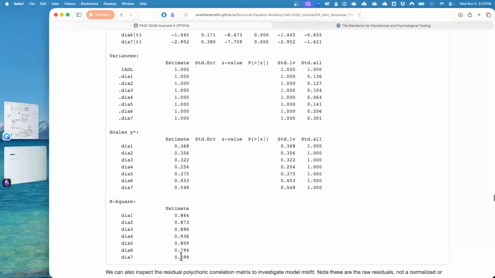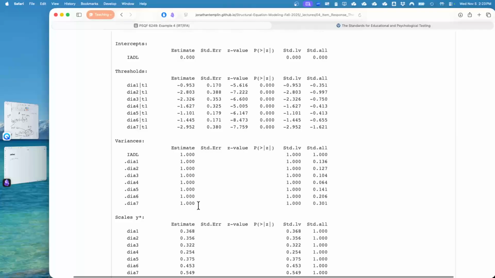And then finally, we'll get a chance to look at R squared here as well for each of these. What you'll see, interestingly, under variances, they're all 1. So it turns out the factor variance I did, but each of the item variances has to be 1 because it's a probit. It's fixed. It's because the link function itself leads to a constant variance. Because these items are binary, you can't have a variance and a mean. And this part's taking care of the mean, so this has to be a constant. That's how it's working out.